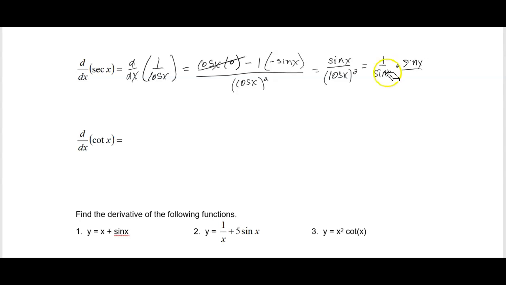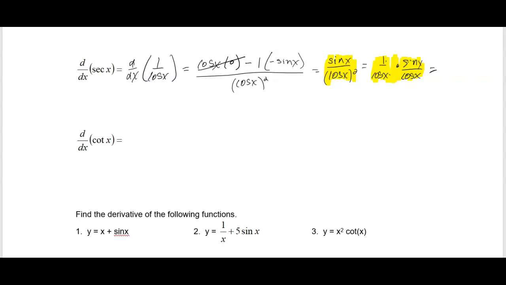Hold on, I'm fumbling around here. So we should have 1 over one of those cosines, and then the sine over the other cosine. Like I showed in the previous problem, if I multiplied those together, I would get a simple sine of x on top, and cosine of x squared in our denominator. This is just written differently so that we can now see